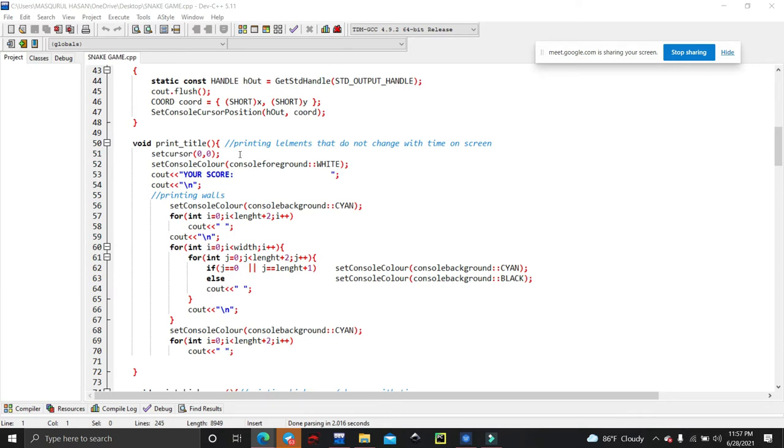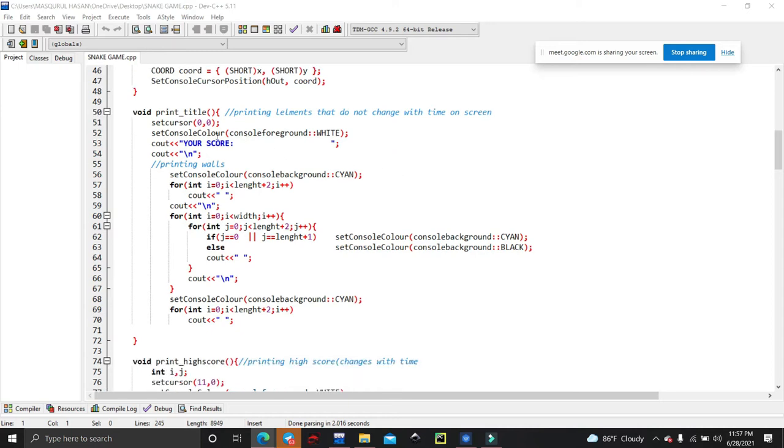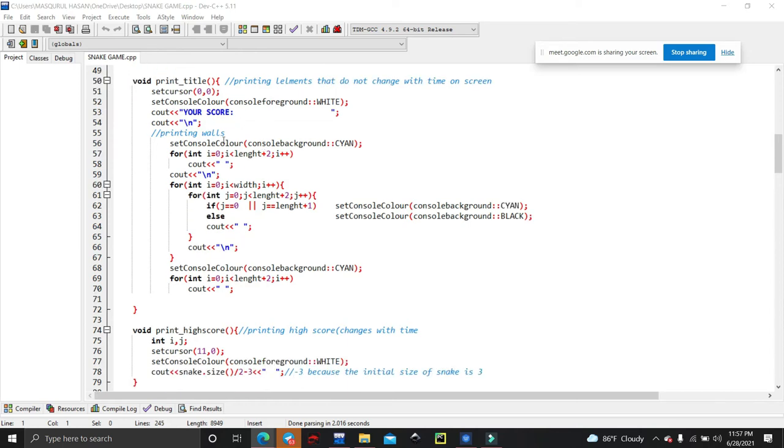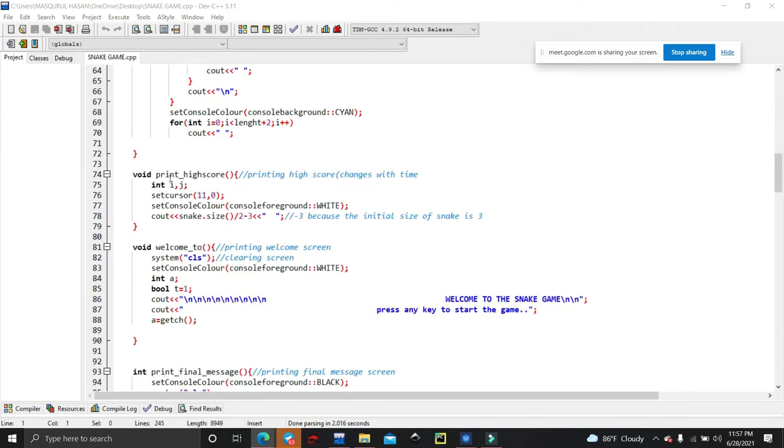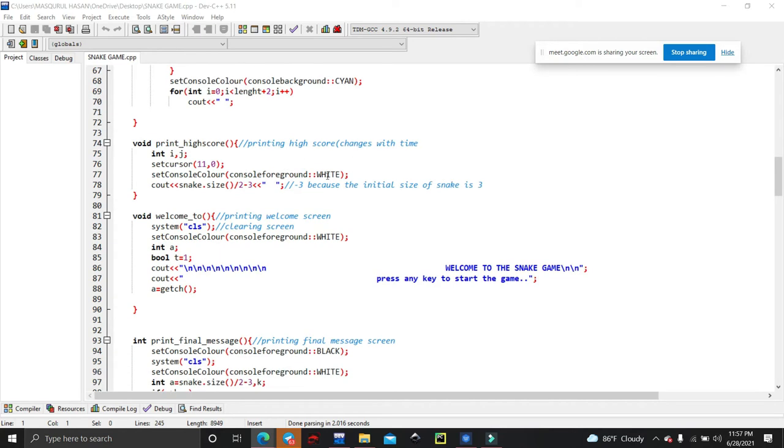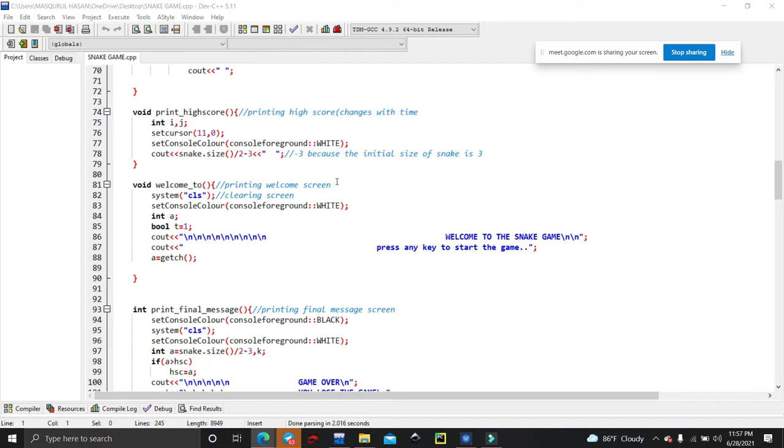In this part we are mainly printing the elements that do not change over time on screen. This part will display our score, and this is the wall printing. So this part is for printing the high score. This basically changes according to time.